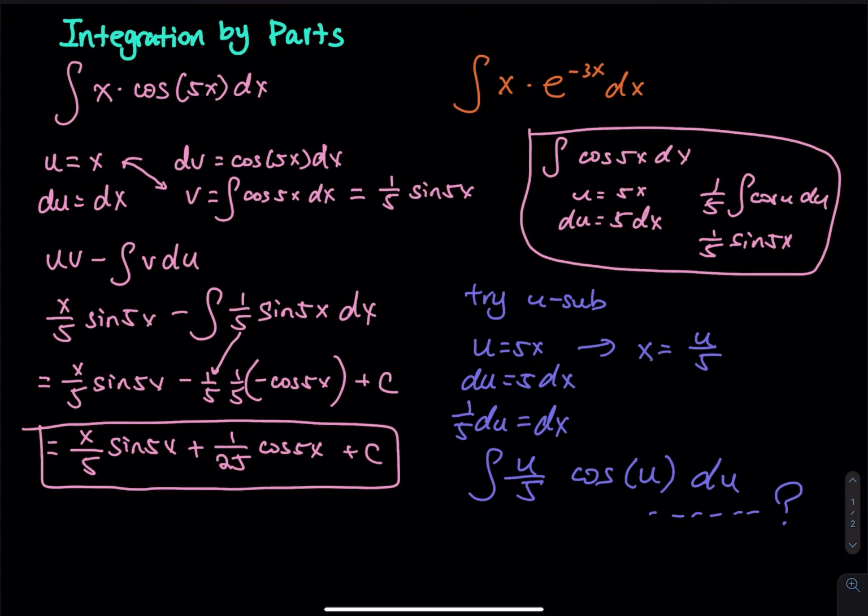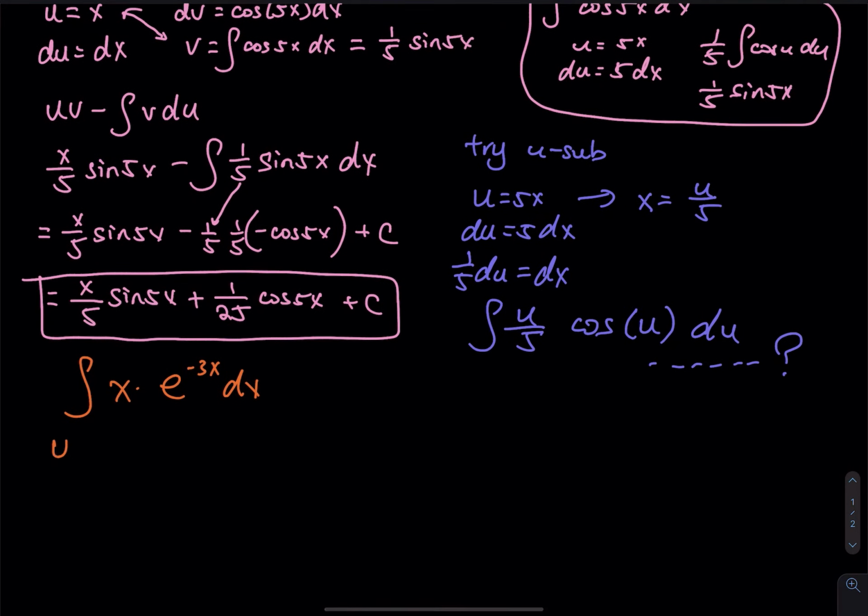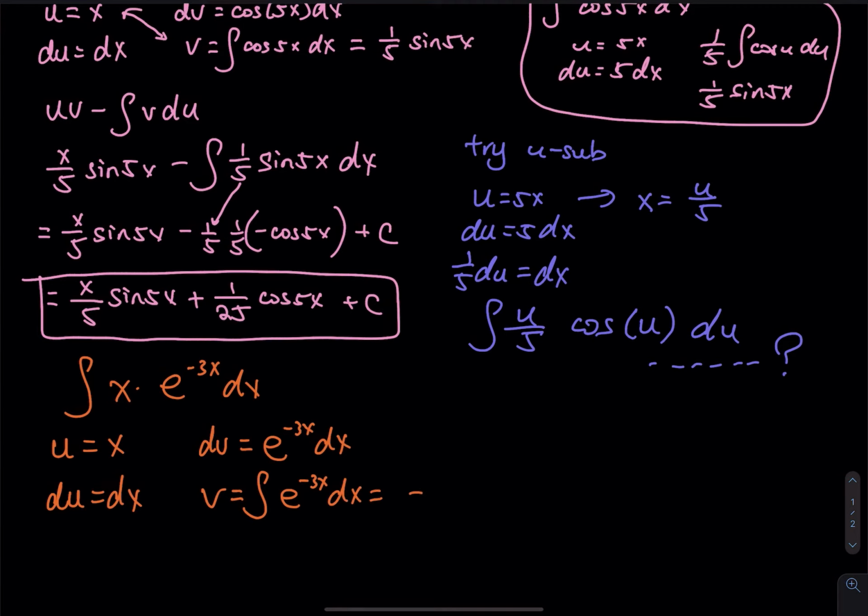The next one, we have the integral of x times e to the negative 3x dx. Okay, so let's do that. Using integration by parts, we are going to let u equal x, so du equals dx. So at least after the integration by parts, we can get rid of the u, right? And then dv is the leftover, that is e to the negative 3x dx, and then v equals the integral of that. So we have the integral of e to the negative 3x dx, which equals negative 1/3 e